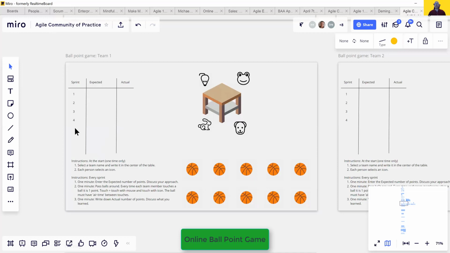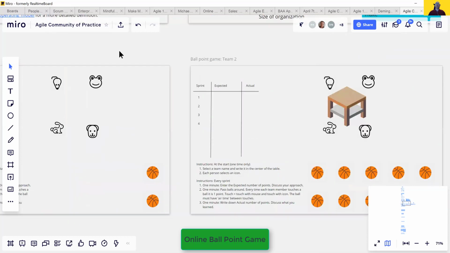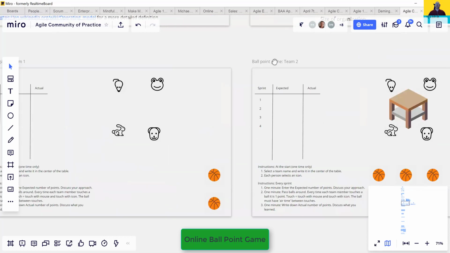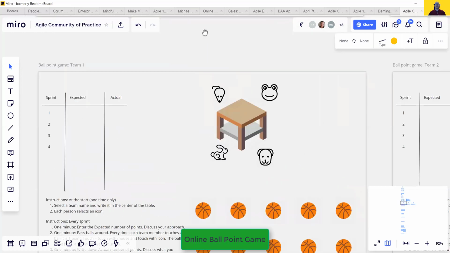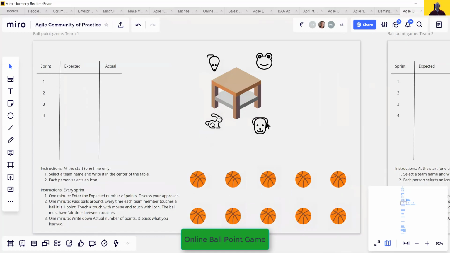What we're gonna do is split up into 3 rooms. There are gonna be about 4 or 5 people in each room, okay? If you need to create another icon for a person, you can do that. Each Zoom room is gonna go into one of these frames. The first thing you're gonna do is select a team name and write it in the center of the table. And then each person is gonna select an icon, create a new icon if you need one,